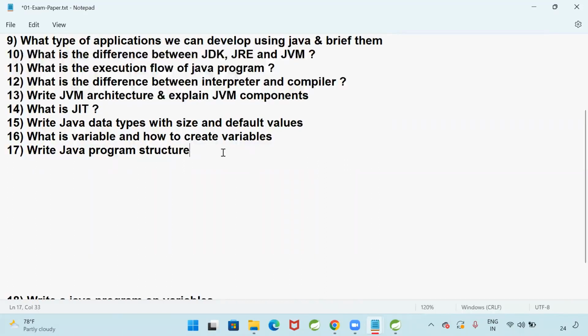Write Java program structure and explain them. Okay?